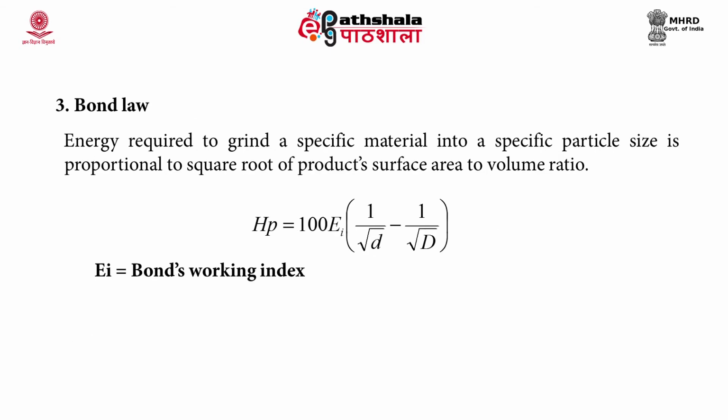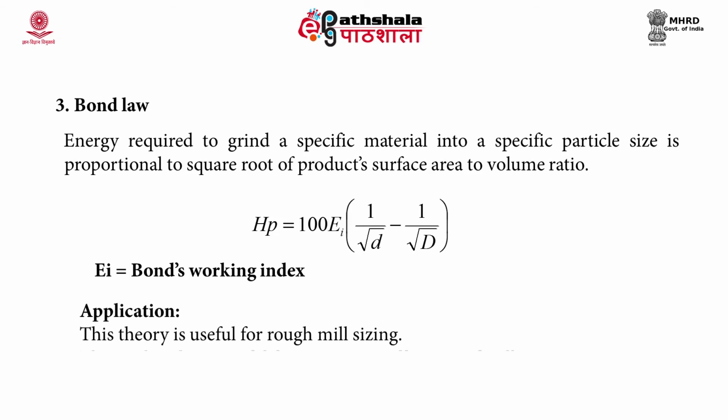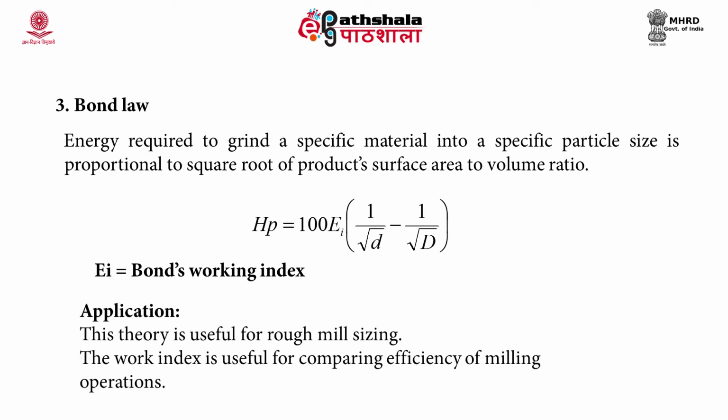The third law is Bond's law, which states that the energy required to grind a specific material into a specific particle size is always proportional to the square root of the product's surface area to volume ratio. Hp = 100 E_I (1/√d - 1/√D), where E_I is Bond's work index. This theory is useful for rough mill sizing, and the work index is useful for comparing energy efficiency of milling